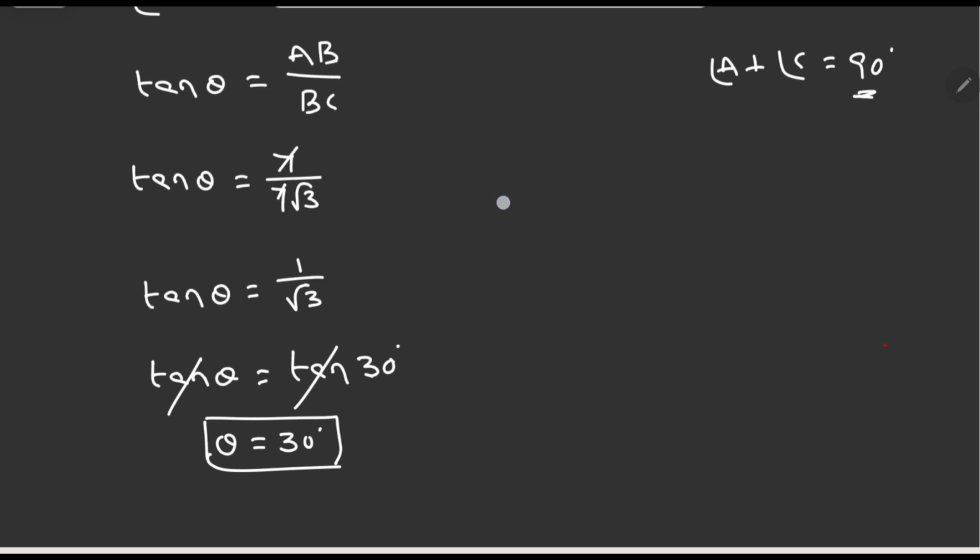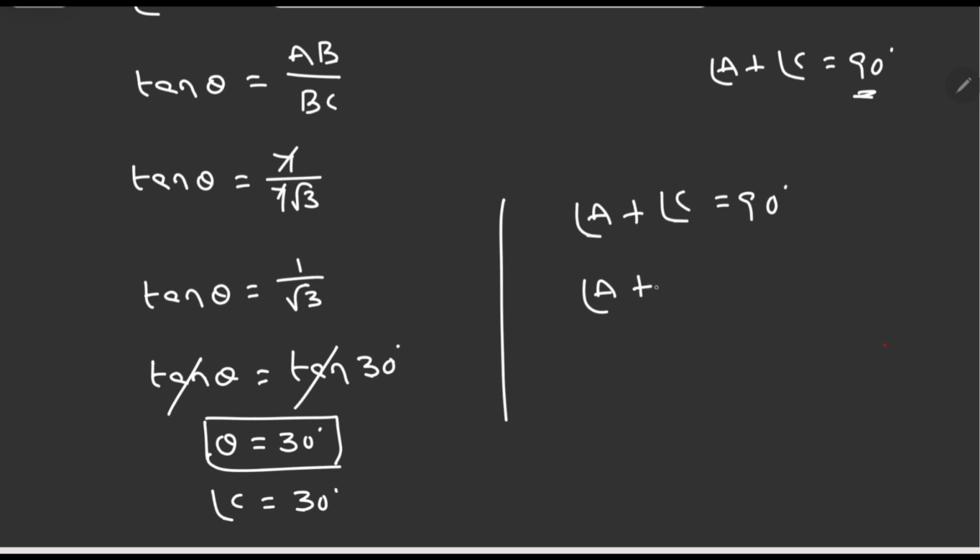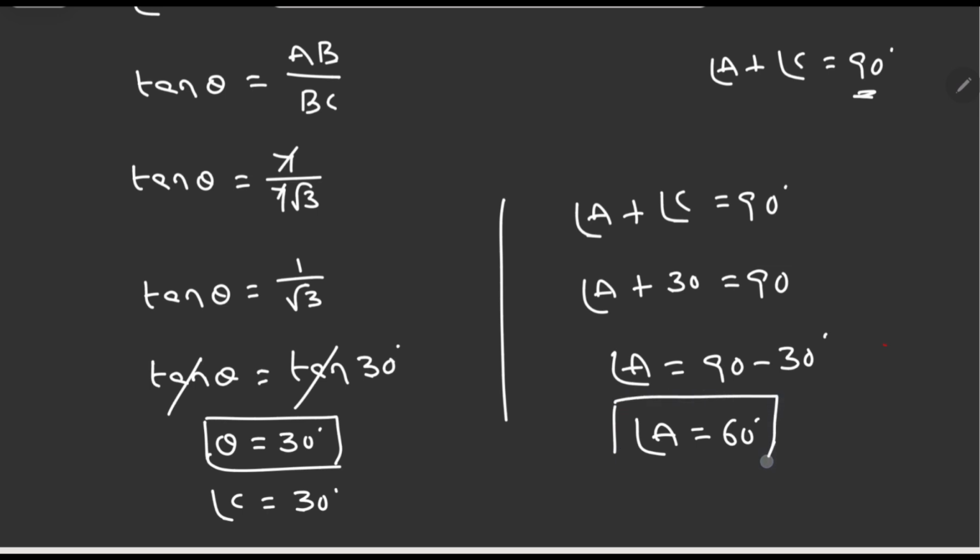Okay, so but we know that angle A plus angle C is equal to 90. Okay, so theta is equal to, that is angle C na, angle C is equal to 30 degree, because we have taken angle C value theta. So we don't know A, therefore angle A plus, for the angle C we have to write 30. Okay, and transposing A is equal to 90 minus 30 degree. So A will be equal to 60 degree. Okay,